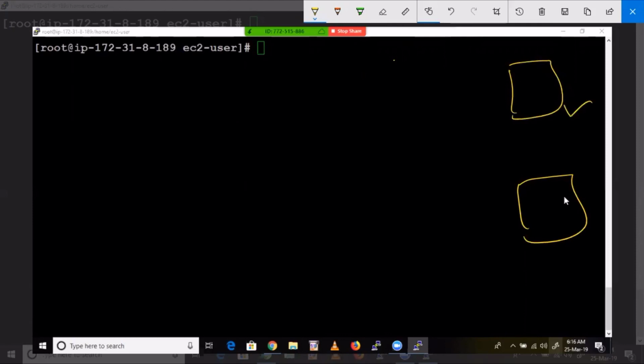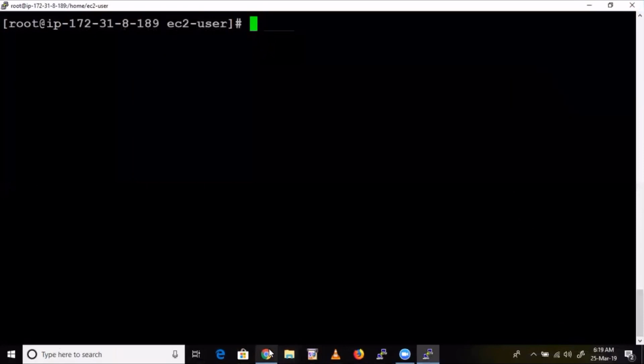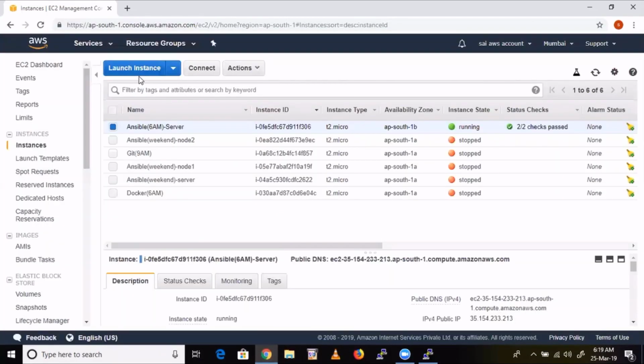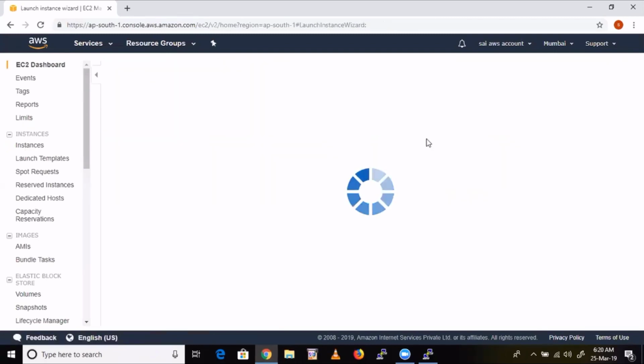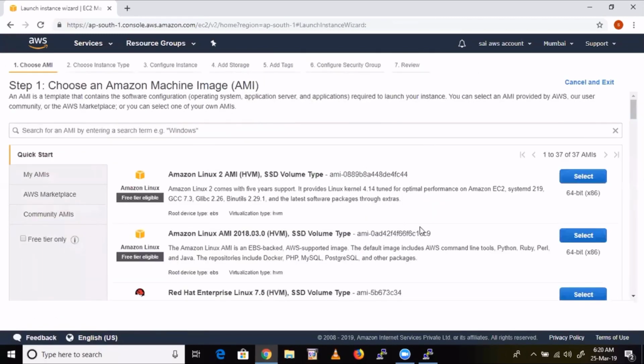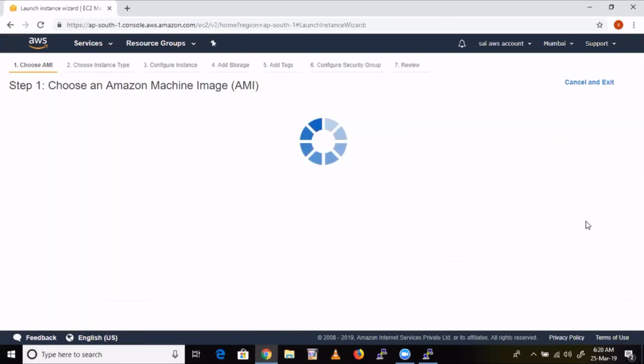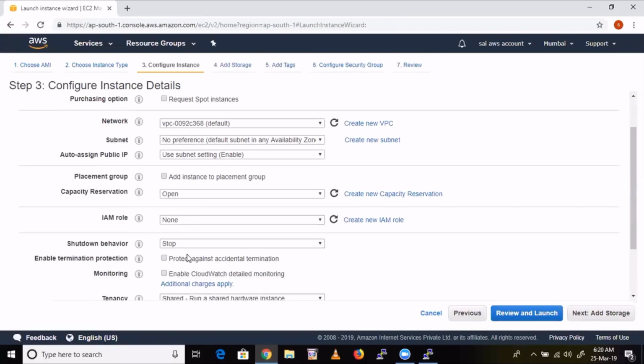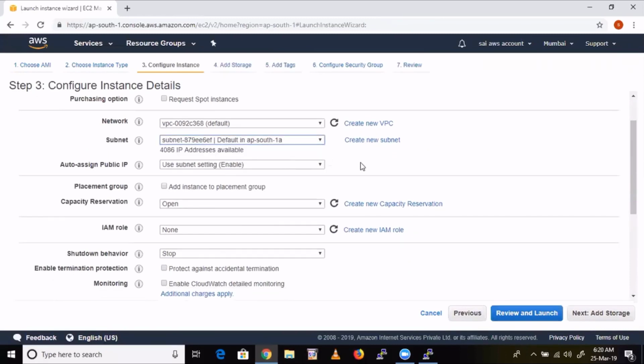I'm going to launch two nodes, so let's launch them first. Launch instance. Red Hat Linux, t2.micro. Choose any availability zone so that both will be in the same availability zone.